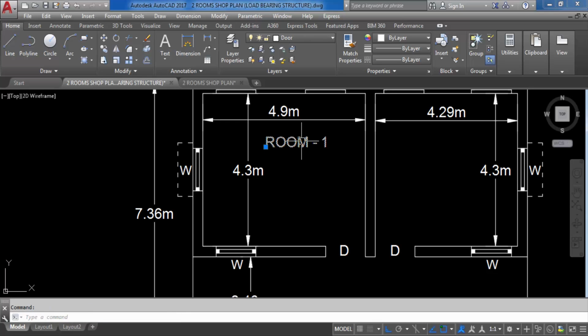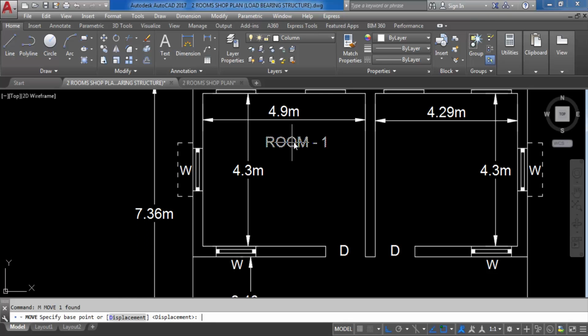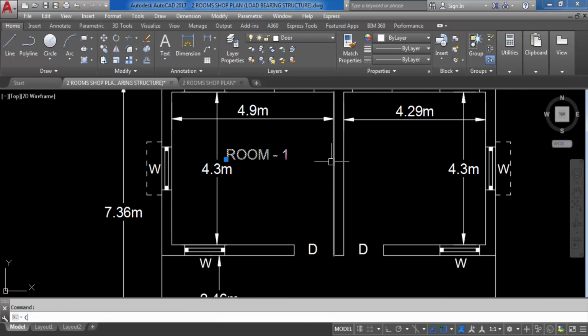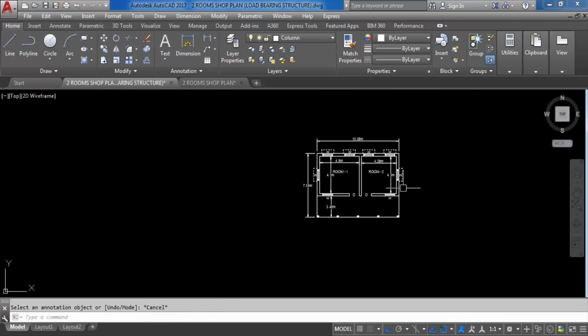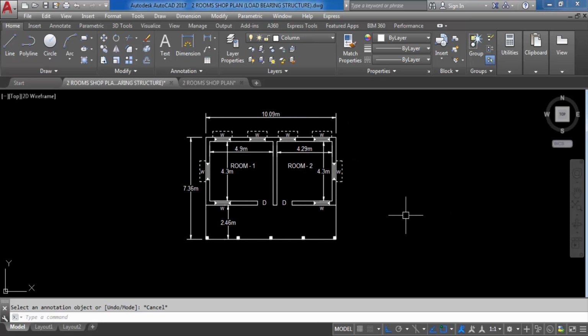And I will copy this text to this room. This is room 2. I'll move to this point and I'll copy here to here. This is room 2. 2 rooms we are creating. This is room 2. So this is the